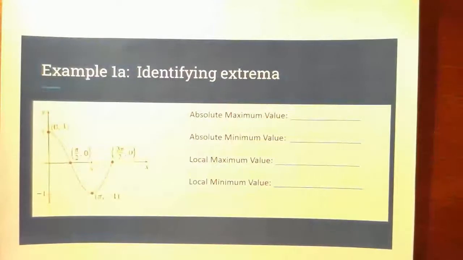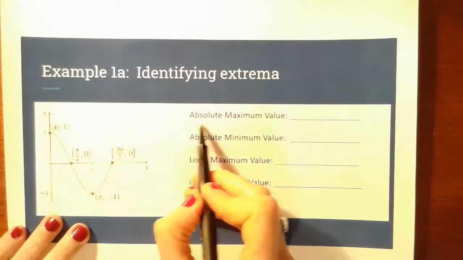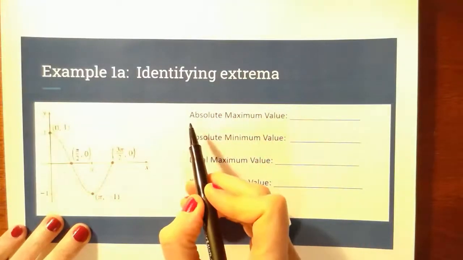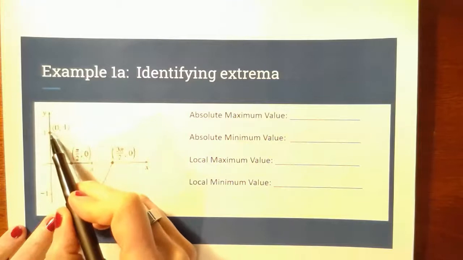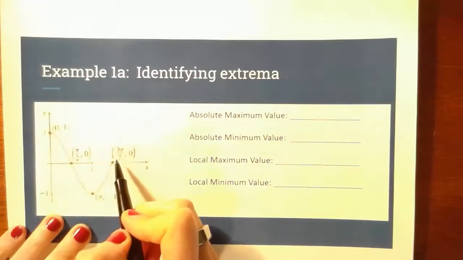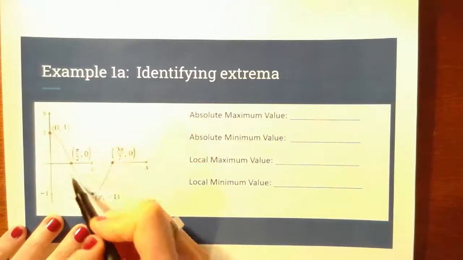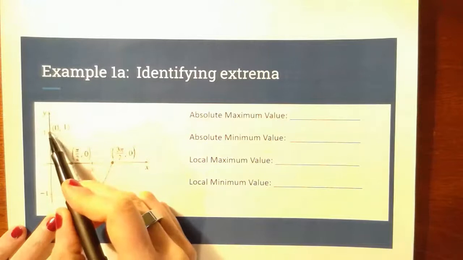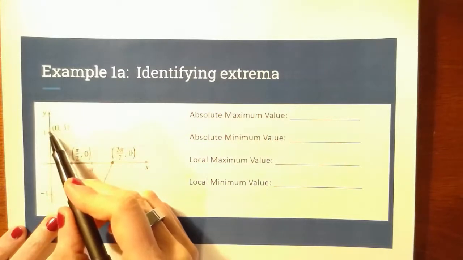All right, so enough vocabulary. Let's go and put it into practice here. So on this graph, I've labeled a couple key points, and we want to see if we can define all of these values here. So the first thing I want to find is an absolute maximum value. And so I want to look at my graph, and this is a closed dot here, and that's a closed dot there. And my absolute maximum would be the highest point altogether, and I can see that's happening right here at this endpoint. So I can say my absolute maximum value is 1,